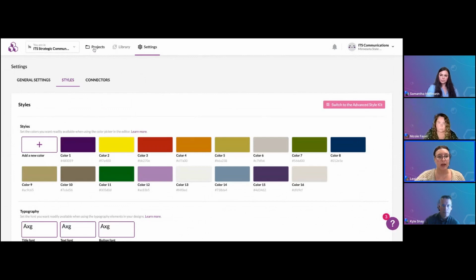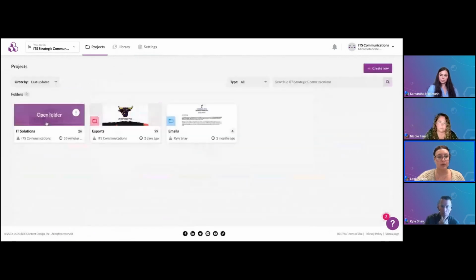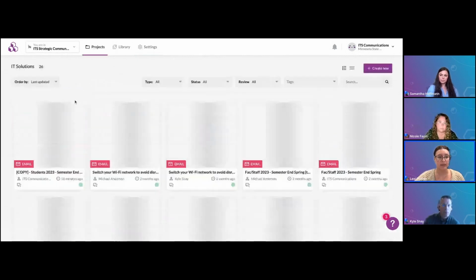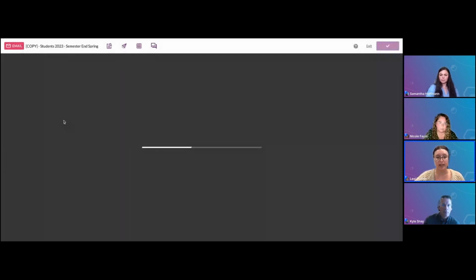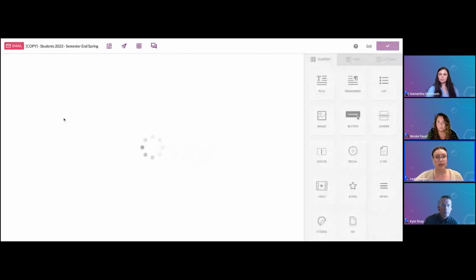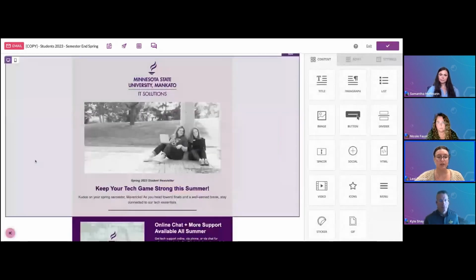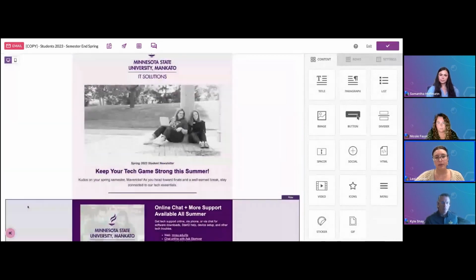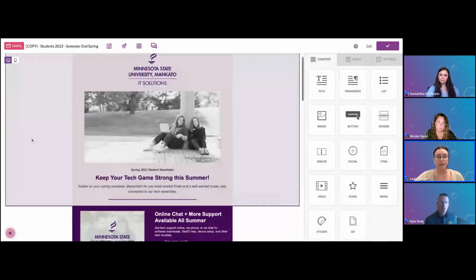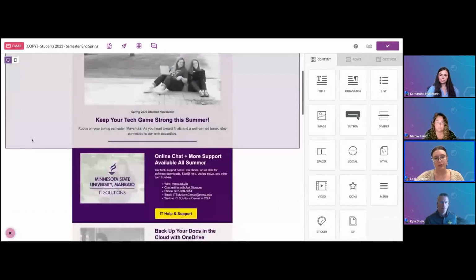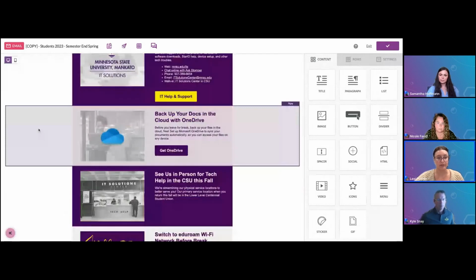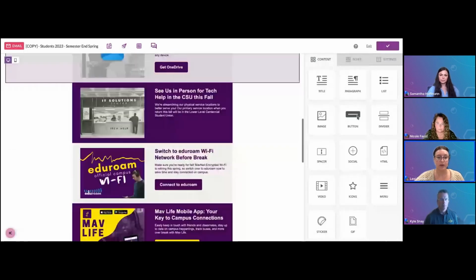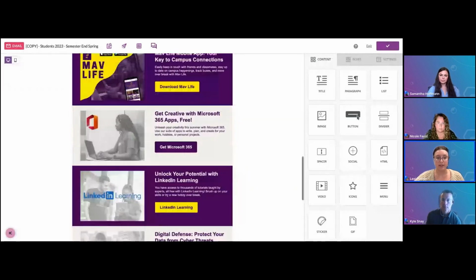So I also want to show one of our most recent email mailings. This is actually a newsletter that we send out from our IT department at the start and end of every semester to students. And this is kind of like a newsletter format. So really what we do here is we like to highlight new tools or important tech information that we think students will find useful when they start and end each of their semesters. So for us, this is a recurring mailing.